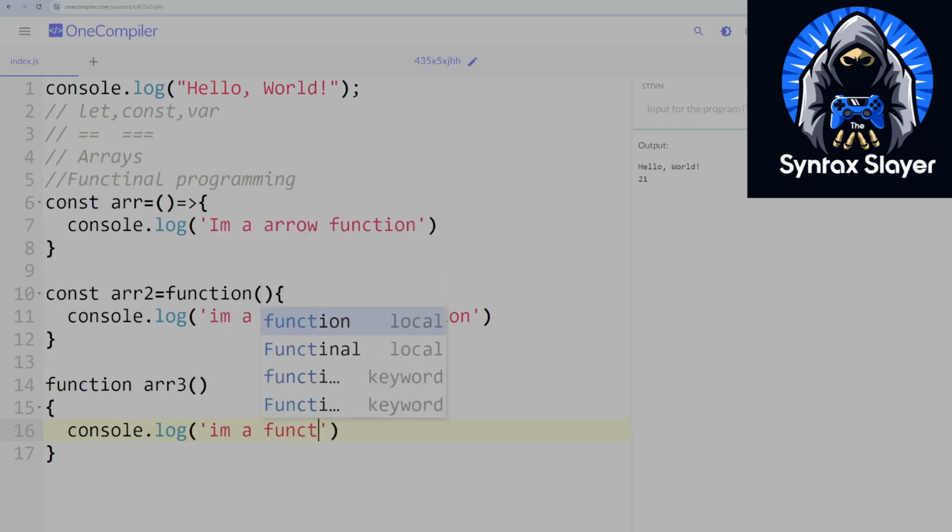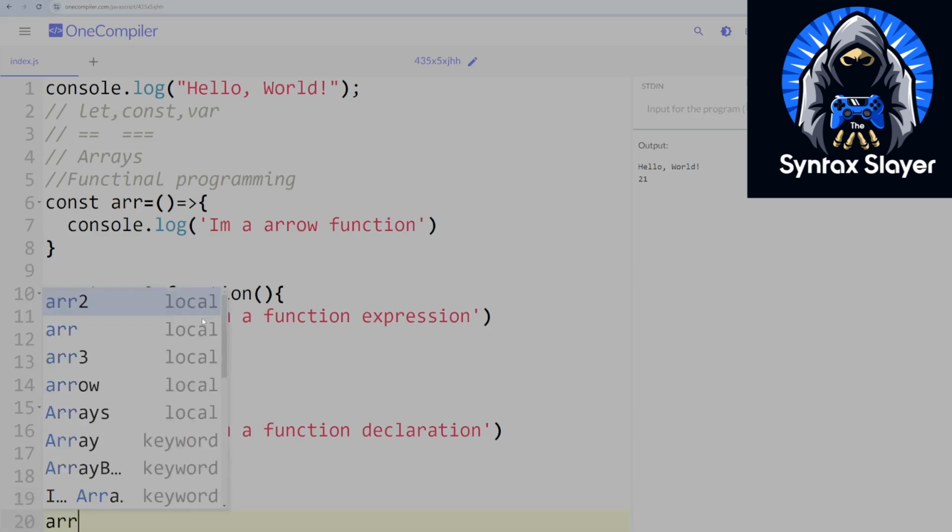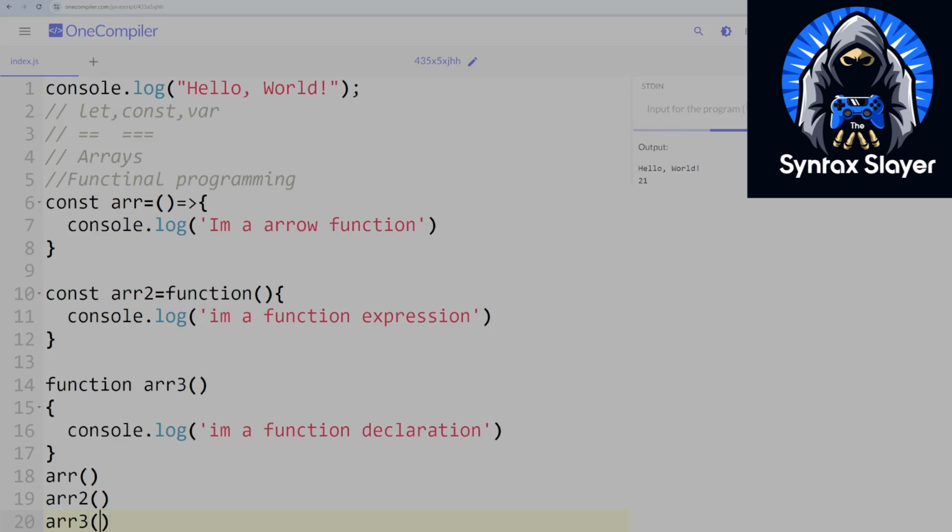I'm a function declaration. Okay, we have created three different types of functions and we are going to print them. See, so arrow function syntax is something like this, where you get a const, then followed by function name,